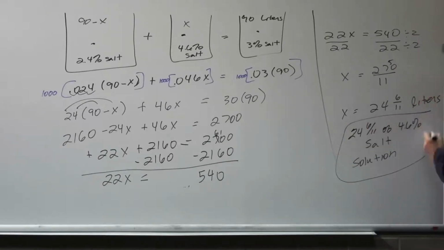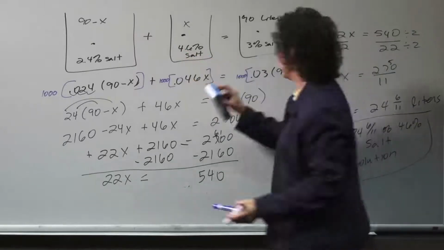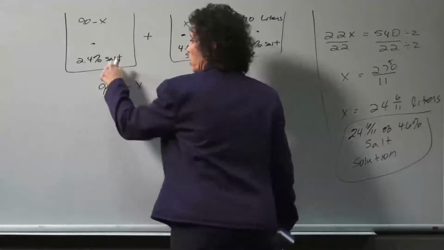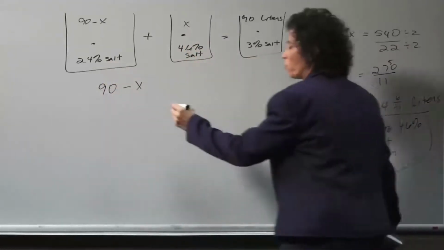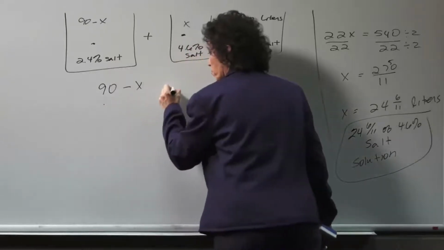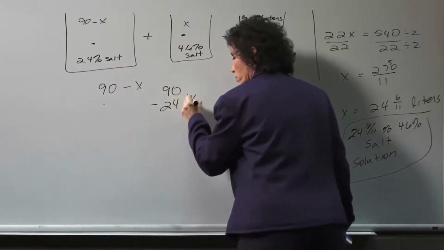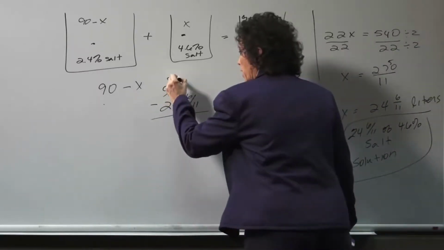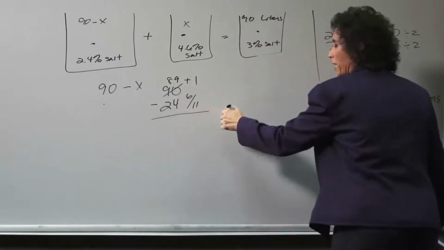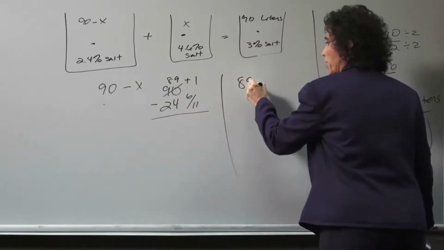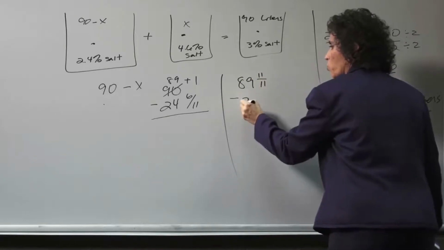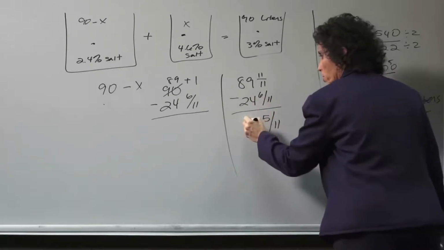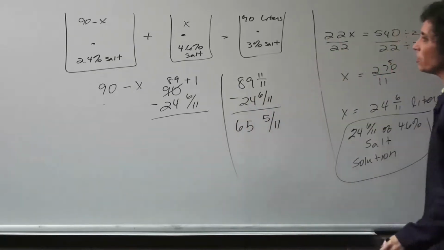Now, that's part of your answer. Now we have to get the 90 minus x. 90 minus x, that's for the 2.4%. X is 24 and 6/11. We're bringing it back. We're going to have to borrow 1. This is 89 plus 1. We're going to make the 1 look like 11 elevenths. Remember how to do this? This is 89 and 11 elevenths minus 24 and 6 elevenths, which is 5 elevenths. And this is 65 and 5 elevenths of the